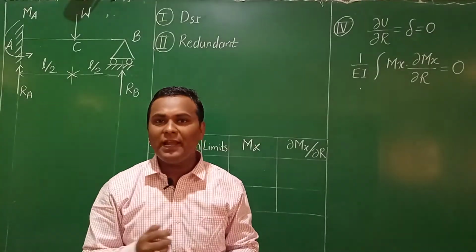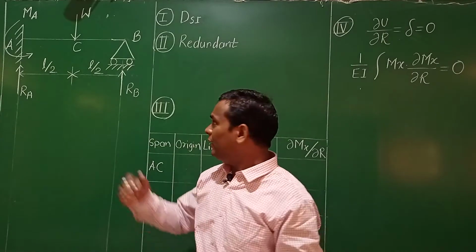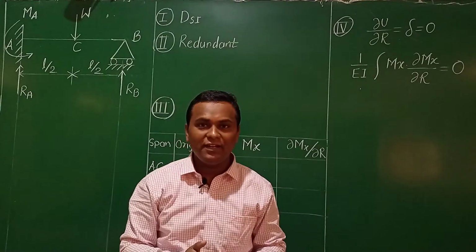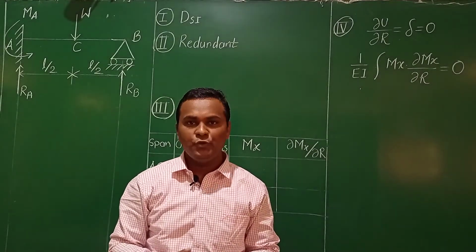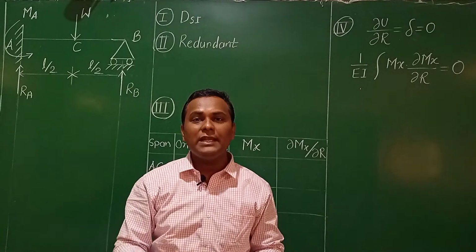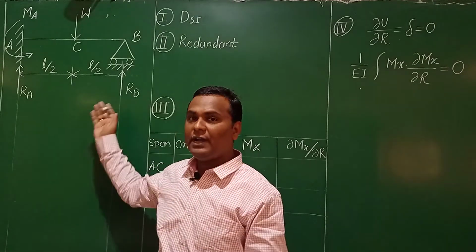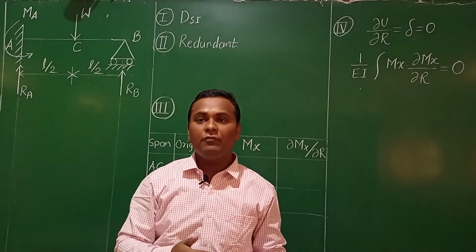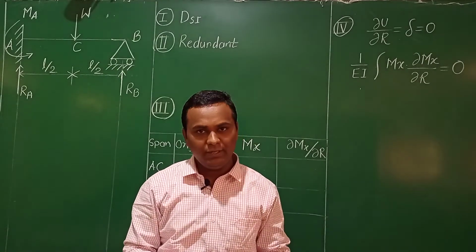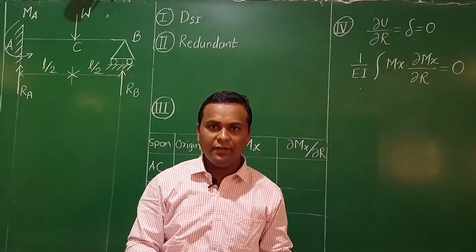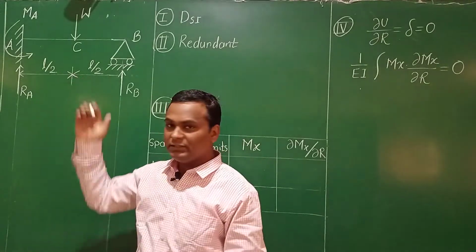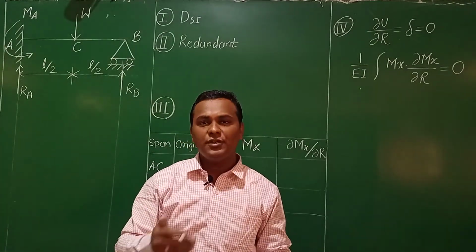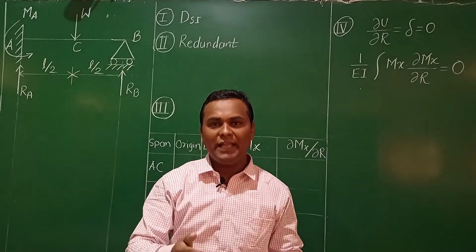But in case of a propped cantilever beam, when we see the respective reaction components and support moments, we find that it is a statically indeterminate beam. So using equations of static equilibrium alone, we cannot find out those reactions and support moments. Hence we need to study one method that is called the strain energy method. By using the strain energy method, we can find out those respective reactions and support moments, and then we can draw its bending moment diagram and shear force diagram.